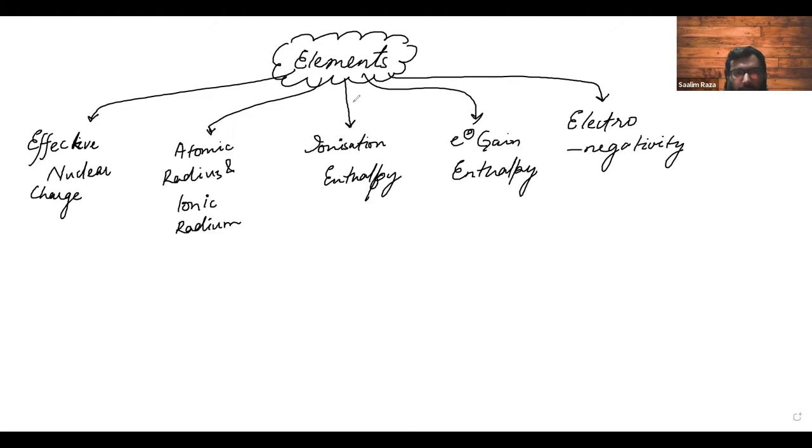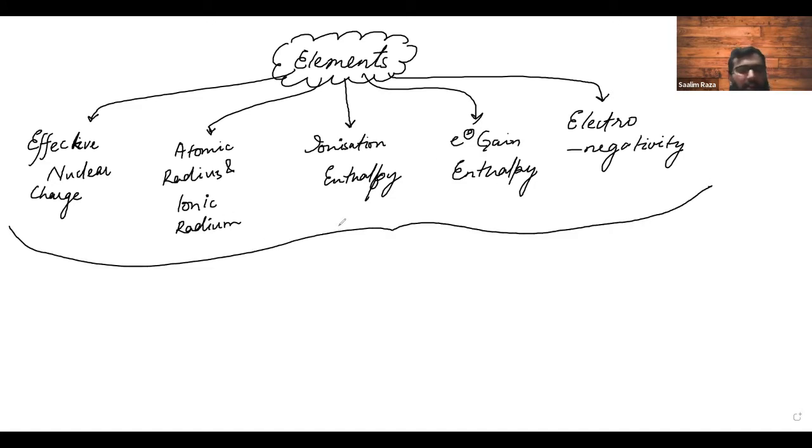Waiting for Abhi. Let's wait for one more minute, then we can start. But before that, I haven't discussed really anything regarding the F block. We will discuss a few points of F block elements that you just have to know, and then we will move forward. You don't have to write this slide. You can write from here the F block elements. We haven't studied anything, so hence the F block elements.